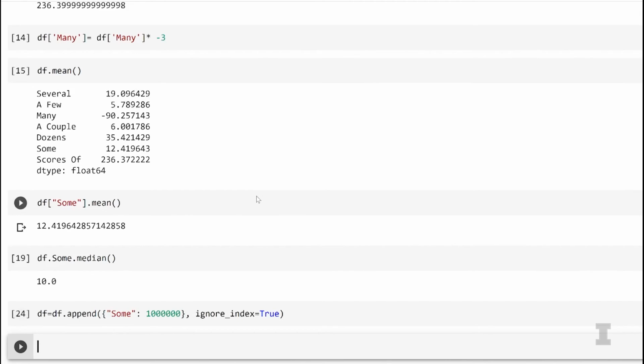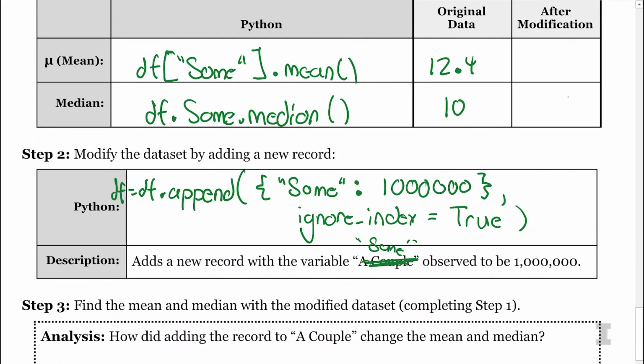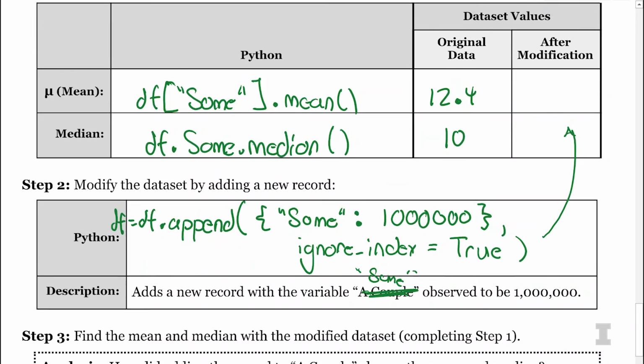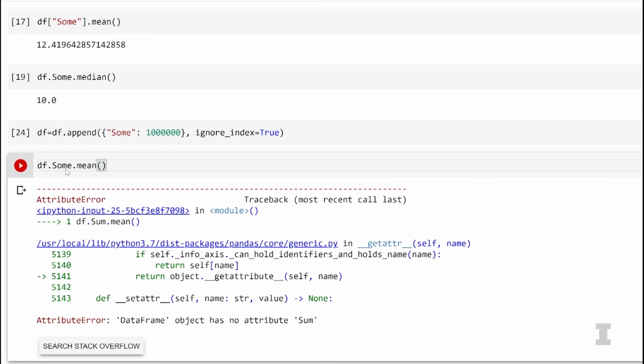Done. So now we can go back and, after the modification, look at df.sum.mean again and see what the new mean is after we added somebody thinking sum was 1,000,000. So Carly's going to type df.sum.mean.